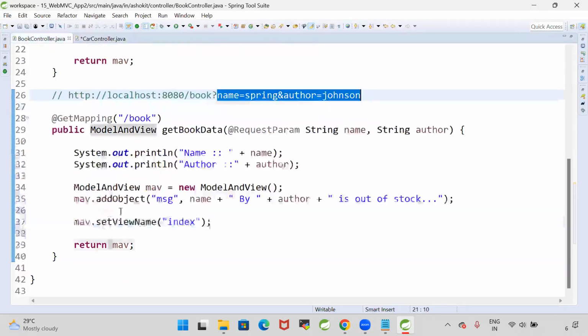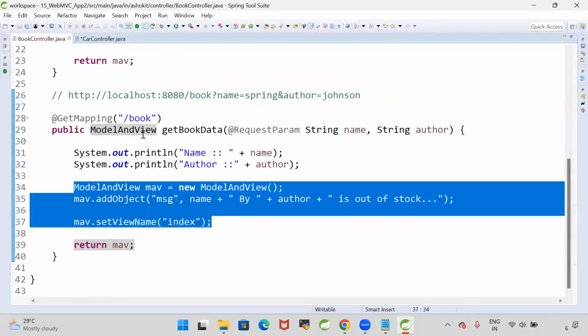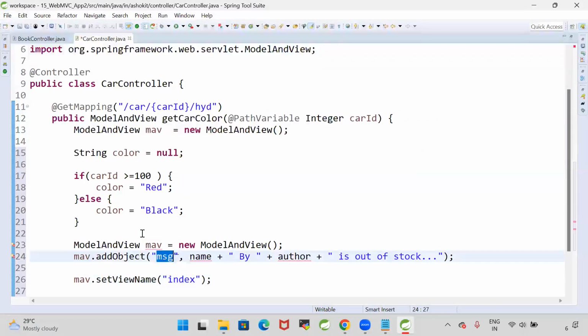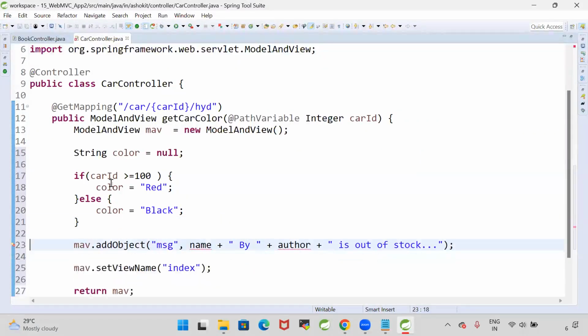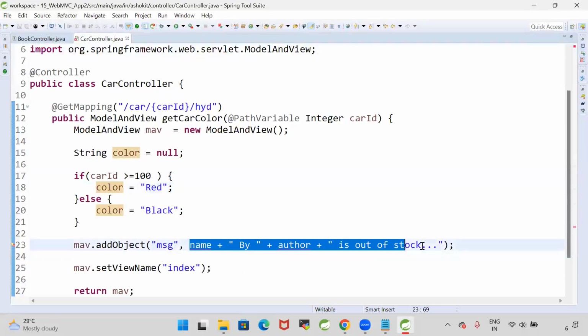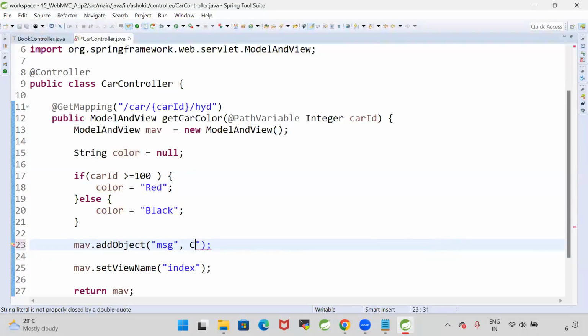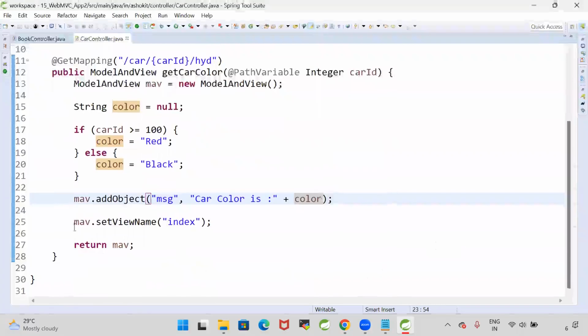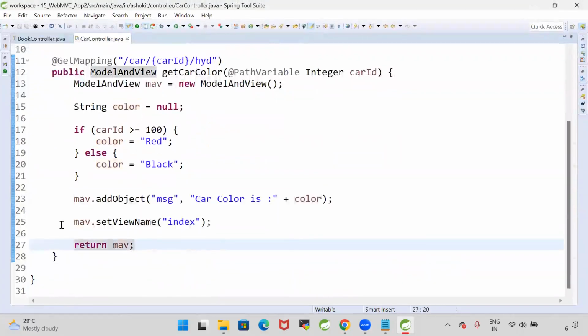This is my message that I just want to print. Now, let me create the ModelAndView object and store the data, and let me send this data. Now, this is my message. In this message, I want to store a value. Car color is the given value. Whatever color you are giving, that value will be displayed. Just print that variable, carColor. I'm setting that message to the model object in the form of key and value,